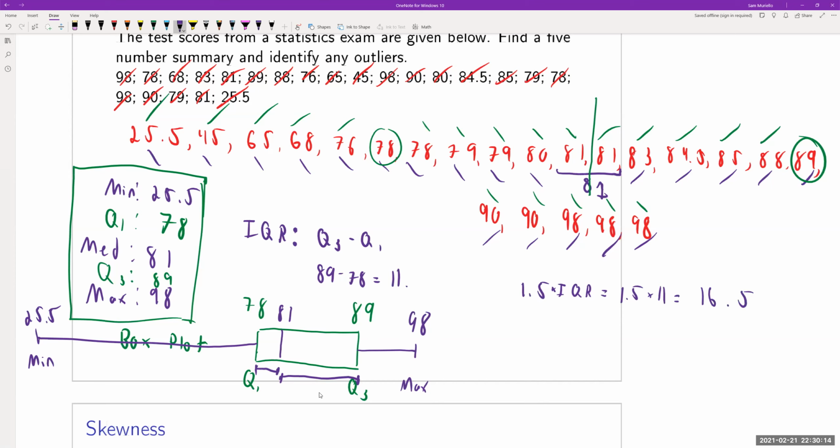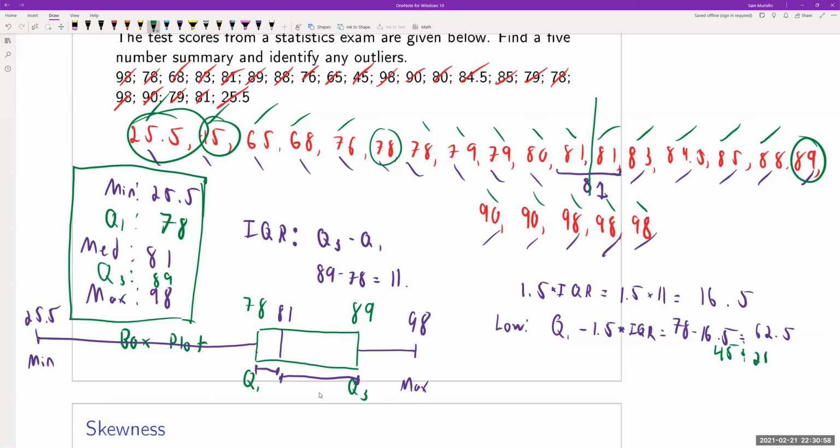We'll need to check for any data values that are above or below 1.5 IQR from that 50th percentile. So we will check on the bottom end for low outliers. Let's write it out first. Q1 minus 1.5 times the IQR would in this case be 78 minus 16.5. So that would end up being 62.5. We're looking to see if there are any data values below 62.5. And there are two, 45